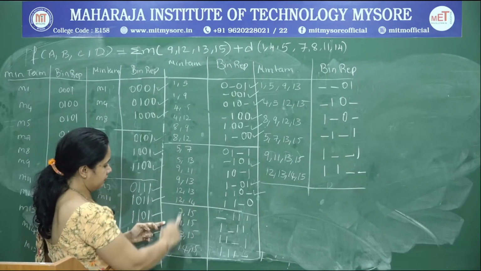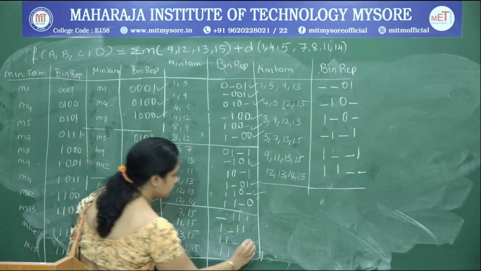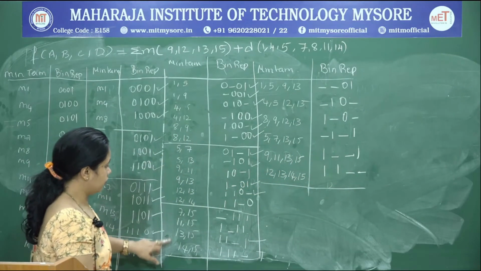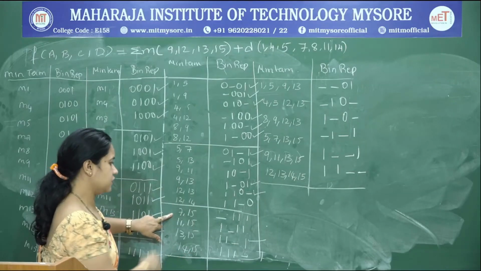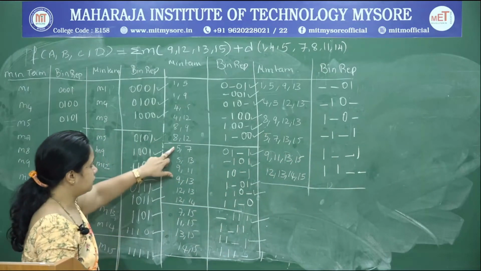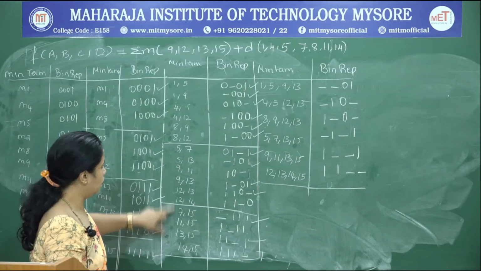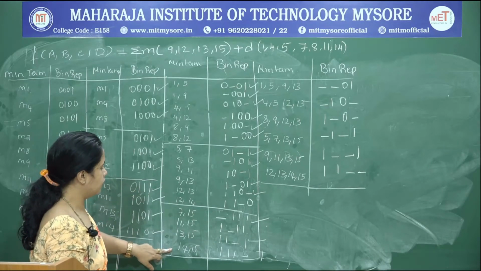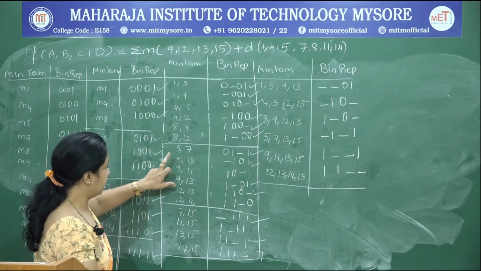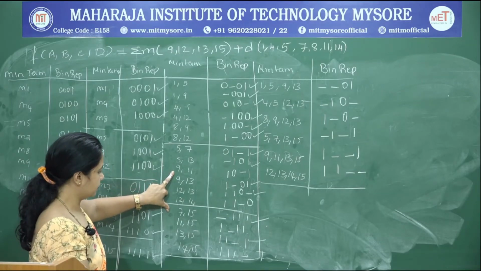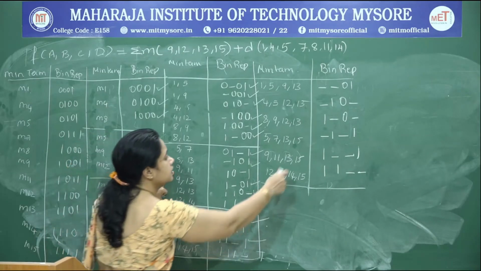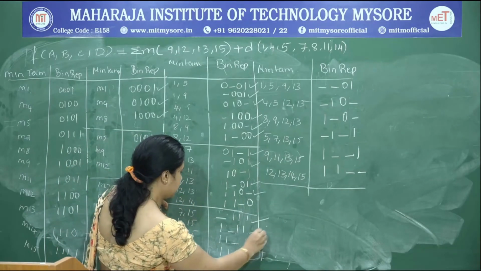5 7 with 7 15, no. 5 7 with 11 15, no. 5 7 11 13 15, yes, put a check mark and carry it, it is going to be dash 1 dash 1. Next 5 7 and 14 15, no. Next 5 13 and 7 15, it has already been accounted for, you just put a check, it is going to be dash 1 dash 1. Next 5 7 with 11 15, no, 5 7 with 13 15, no, 5 7 with 14 15, no. We are done with 5 13. Compare 9 11 with 7 15, no, 9 11 with 11 15, no, 9 11 with 13 15, yes, it has been carried, you just put a check mark.